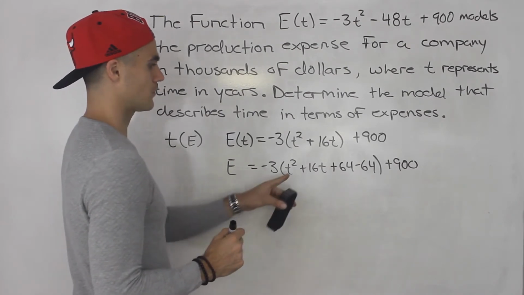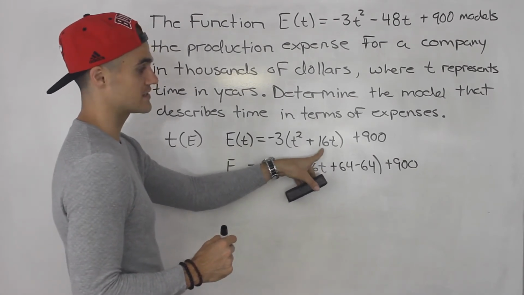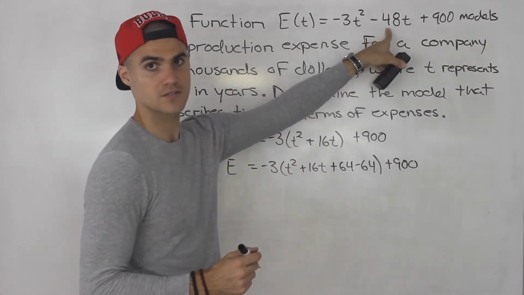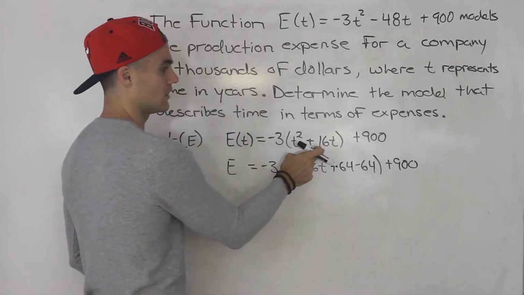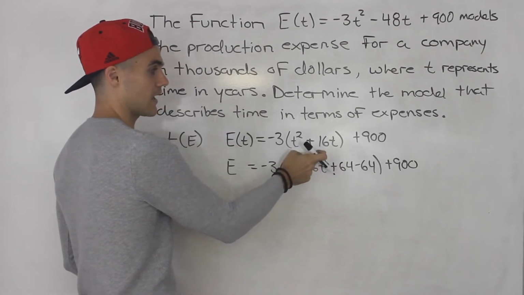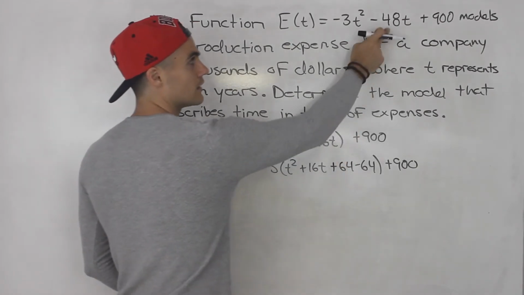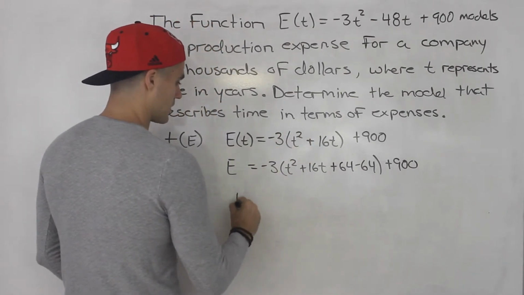Now, when we took half of the b value and squared it, we took half of this b value, not half of this one, right? So be careful with that. If you factor something out, you're always taking half of this b value here. So half of 16, 8 squared is 64, not half of 48. Okay, from here,